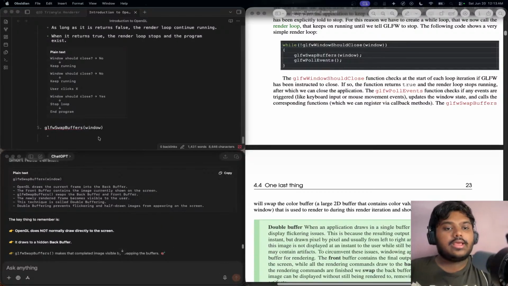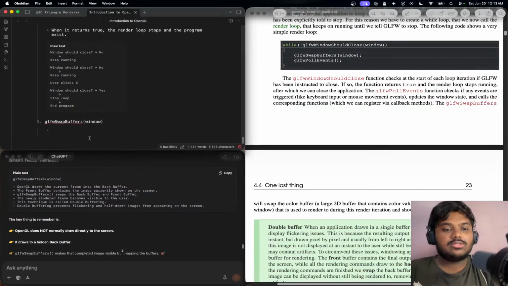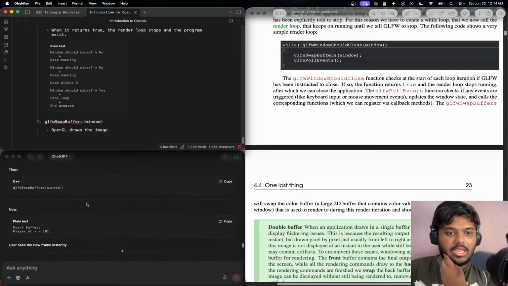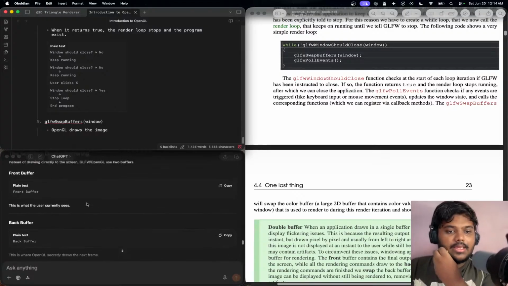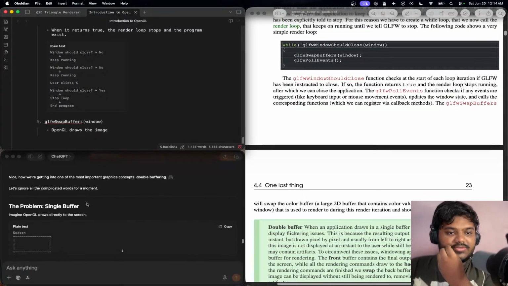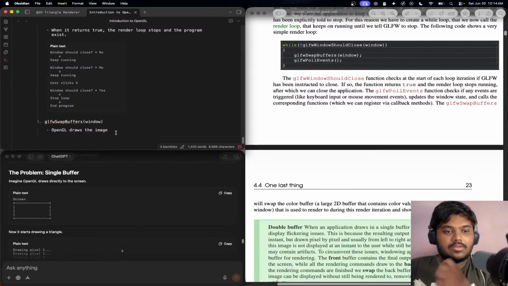So, OpenGL draws the image. Okay, let me understand from the beginning. If OpenGL draws the image